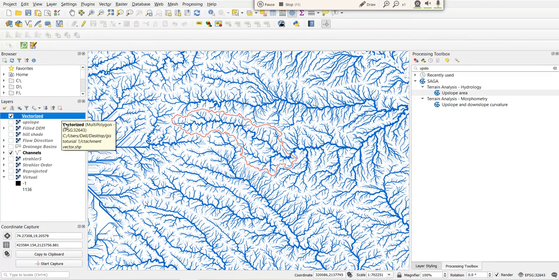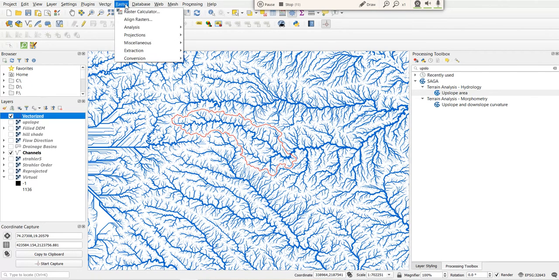Now I want to clip that catchment area and also clip the streams within that catchment area. So I just go to the raster, conversion, clip raster by mask layer.